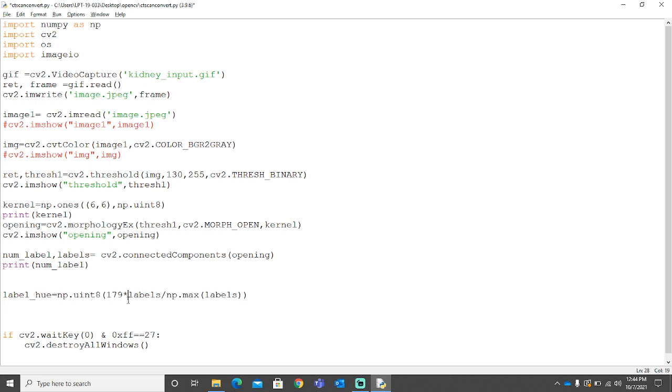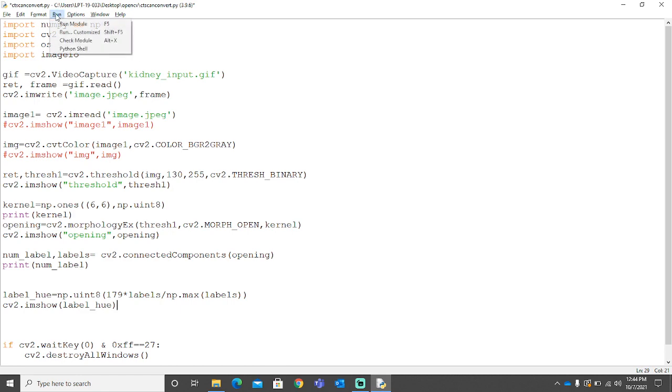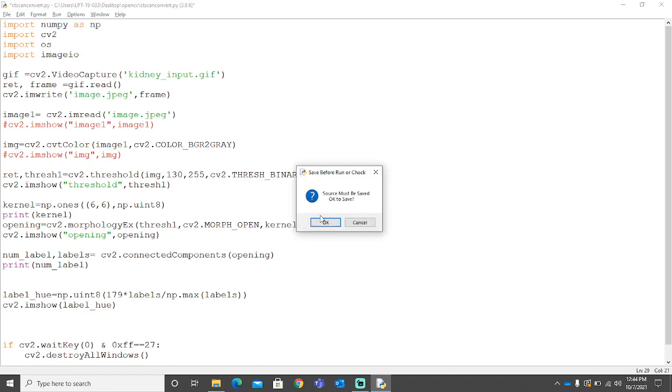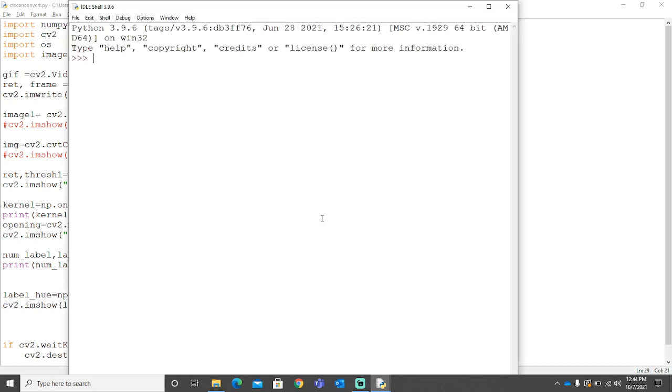You can see 179 is the maximum value of the hue, and then we are dividing it by the max label. We are doing it so all the 13 connected components get their own individual colors. Okay, now let's do a cv2.imshow so we can get the output. You'll get a better understanding by running the module rather than me explaining it.